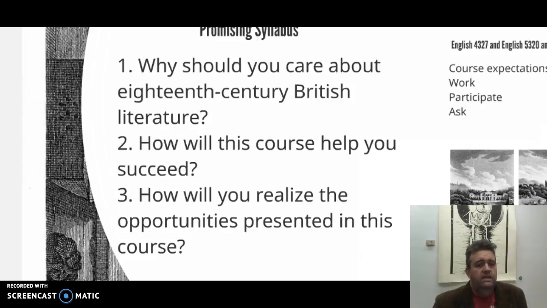Least formally, there'll be weekly reading journals, which will give you the flexibility in demonstrating your growing reading skills. There'll also be discussion boards, which will let you write for an audience of your peers, analyzing literature and sharing insights. There'll be a series of formal writing assignments that will let you show off the skills, from summary to analysis to response, that literary scholars and other thinking people use daily. And finally, the exams and final project will let you use your scholarly and creative skills to synthesize what you have learned in this course.